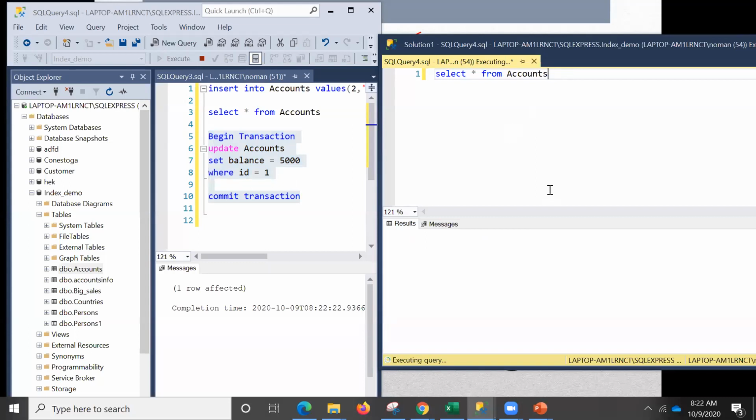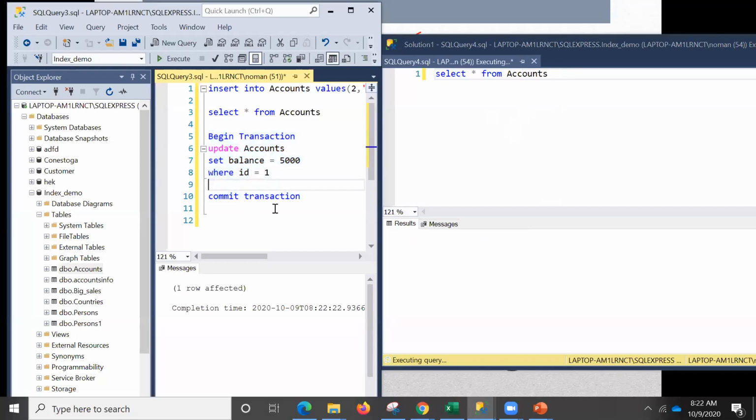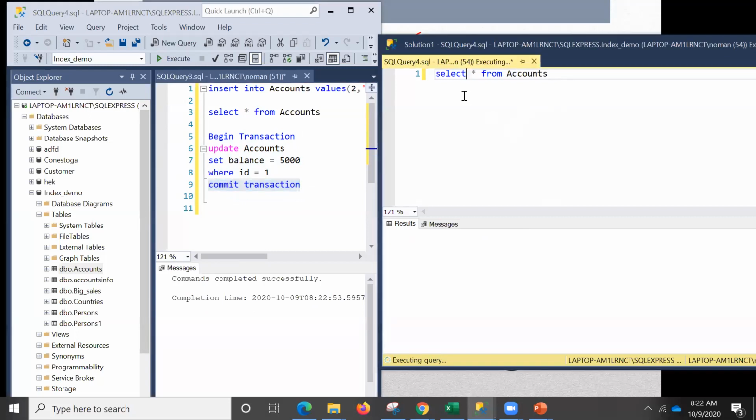Oh. Why is it not showing now? It should show now. Begin transaction and commit transaction. I first committed that one. Okay.